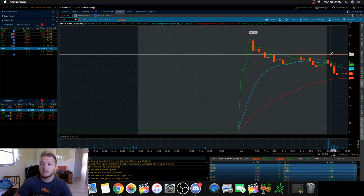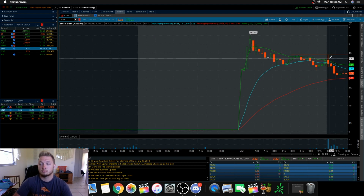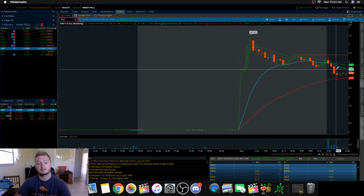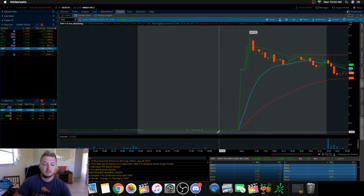As soon as it didn't break this, I got short in here on this long wick. And it's a candle wick because I'm using candle charts. So then I did not cover this whole move. I was shorting this though. Shorting is betting against the stock, that it's going to go down, and you make the difference. So I took profits, of course, in here,